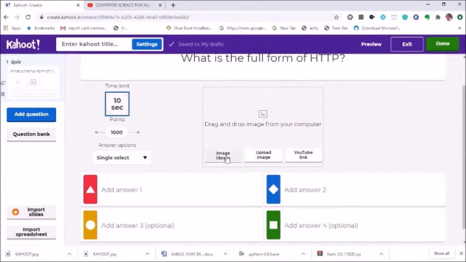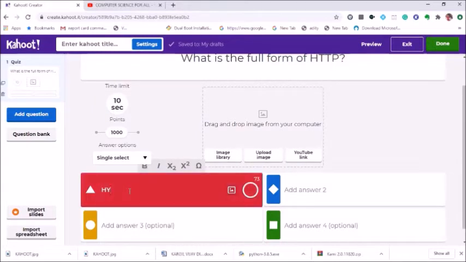If you want to attach an image, you can attach an image also. If you want to attach a YouTube link, you can attach a YouTube link as well. So here I have written the options, for example.